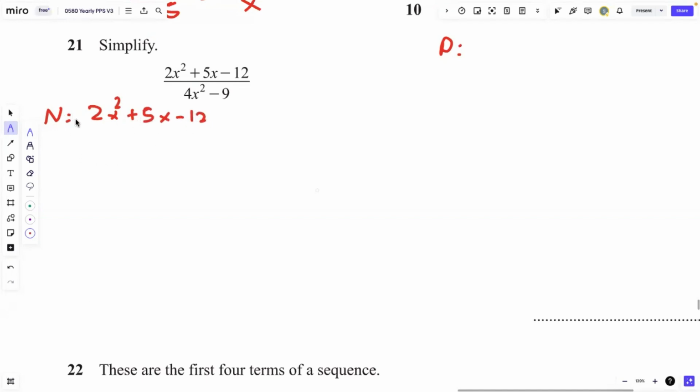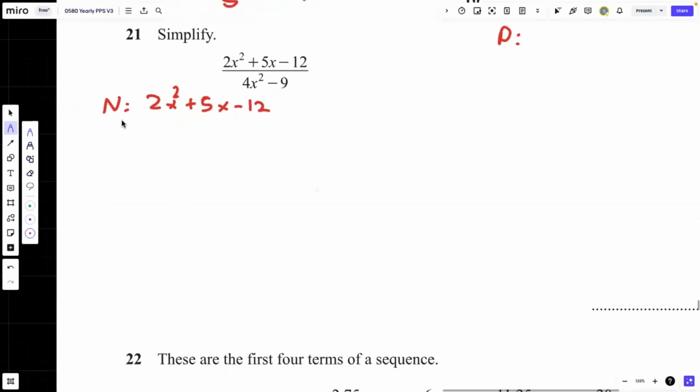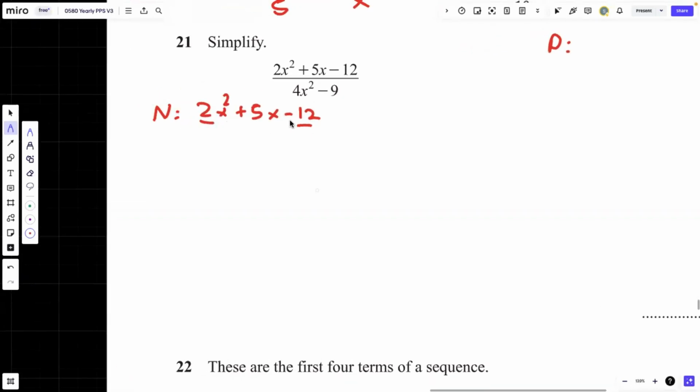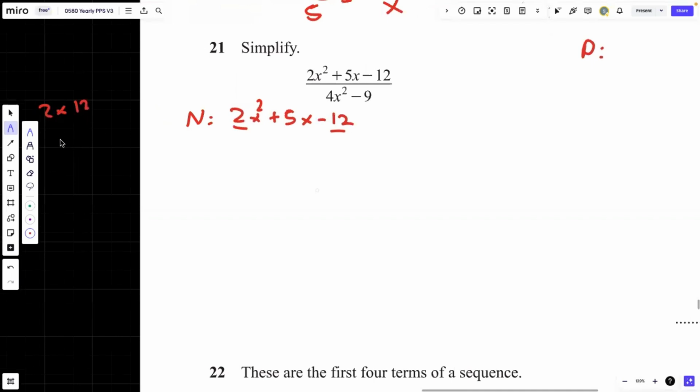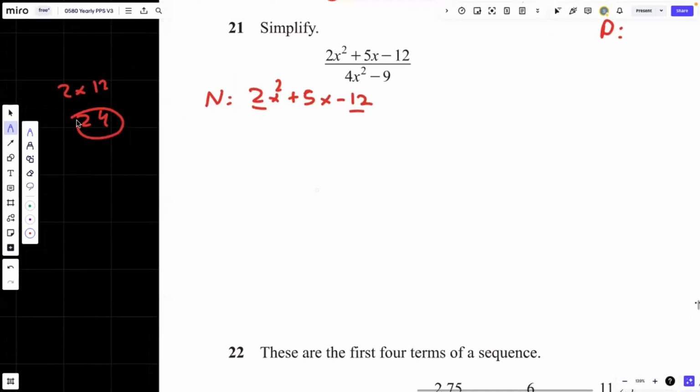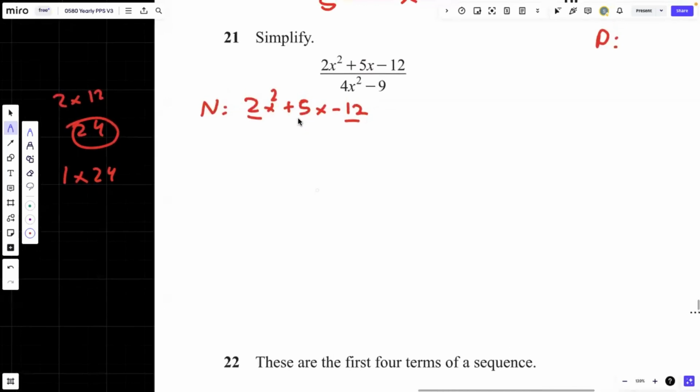We need to simplify this, but we cannot take common. Algebraic identity is not possible. Let's try for middle term splitting. So we have the numbers 2 and 12. 2 and 12 make 24. We are supposed to look at the factors of 24 that add up or subtract to get the middle number,